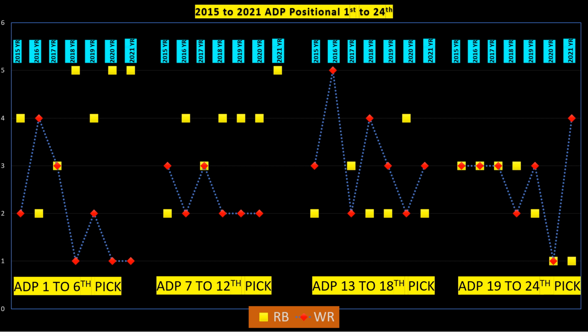If you think of these blocks, this is first to 6th pick, 7th to 12th, 13th to 18th, and 19th to 24th pick. Yellow squares are running backs. The wide receivers are red diamonds with the blue line. I only wanted to do one with a line, so it's trying to make it a little clearer to distinguish the 2 positions. So it's from 2015 through